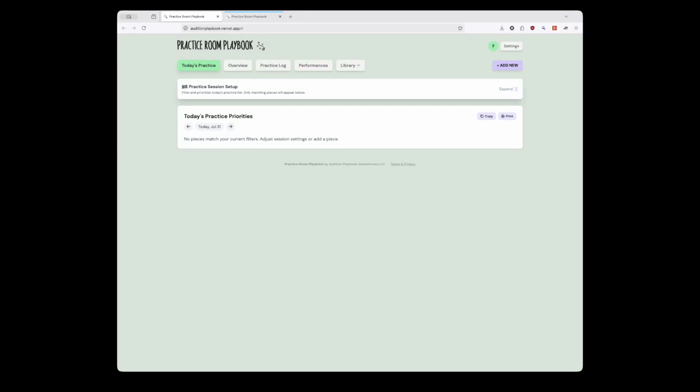Now that you have a performance in the system, let's start adding your repertoire. There are four main ways to get pieces into the app and attached to your performances, and I'm going to walk you through all of them. Just like in the last video, I am going to toggle between two different accounts just to show you how